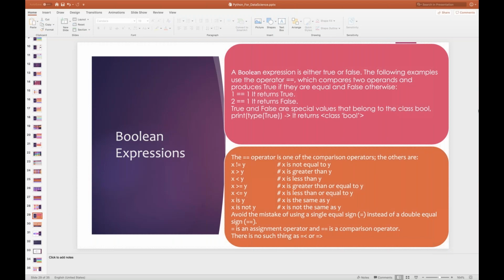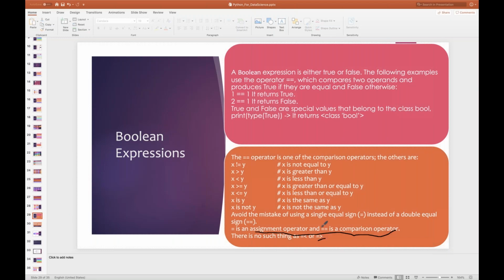Because single equal to is an assignment operator, and double equal to is a comparison operator. Please be aware of this. Single equal to is an assignment operator, and double equal to is a comparison operator.